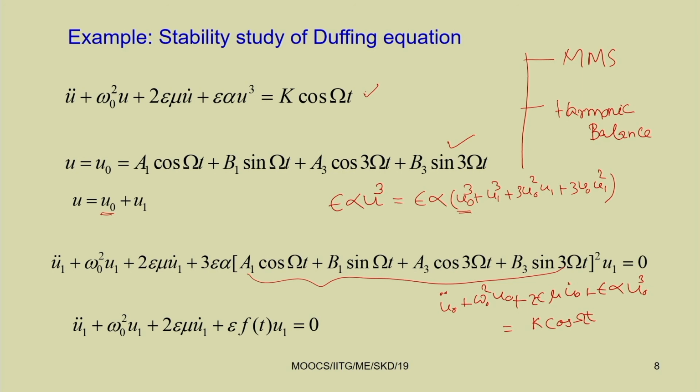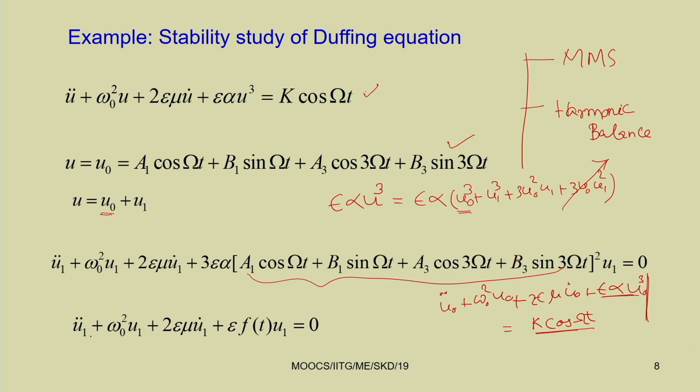Now, when we substitute u equal to u0 plus u1, it has to satisfy this equation as u0 is the equilibrium solution, and we neglect the u1 square term as u1 is very small. The epsilon alpha u0 cube term and k cos omega t will cancel. The remaining terms give the equation in this form,